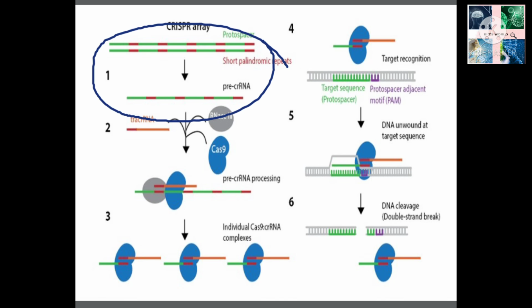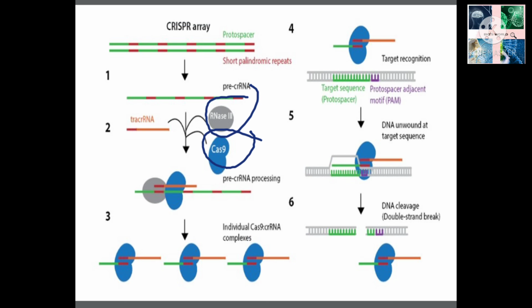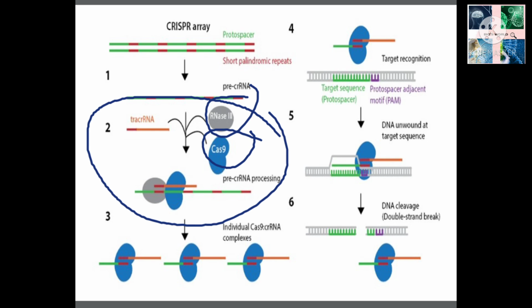Now you can see in the figure there is the number 1. Here the CRISPR array is transcribed to make the pre-CRISPR RNA. Next, this pre-CRISPR RNA is processed into individual CRISPR RNAs by a special trans-activating CRISPR RNA with homology to the short palindromic repeat. Then this trans-activating CRISPR RNA helps to recruit RNase 3 and the Cas9 enzyme, which together separate the